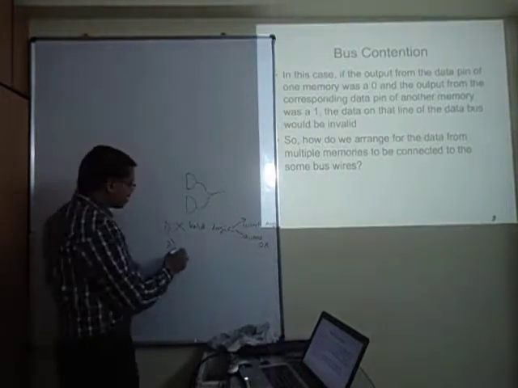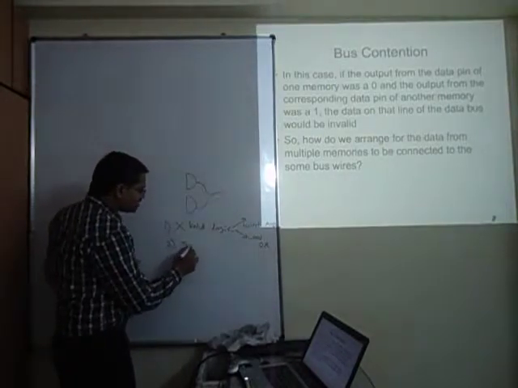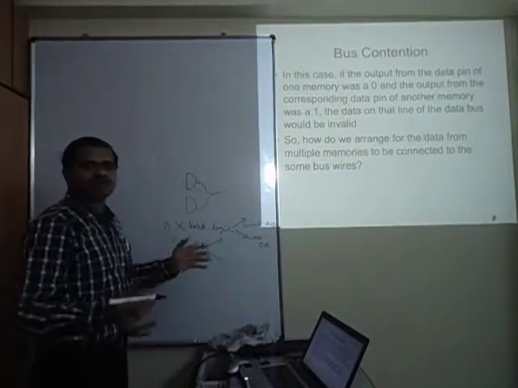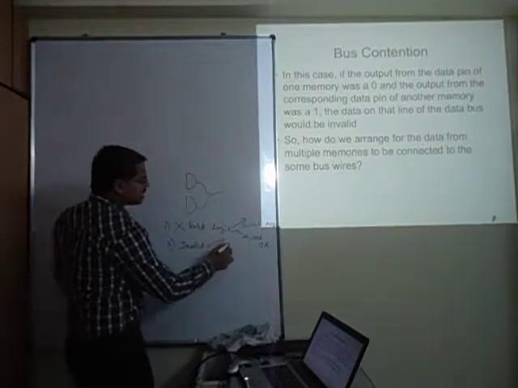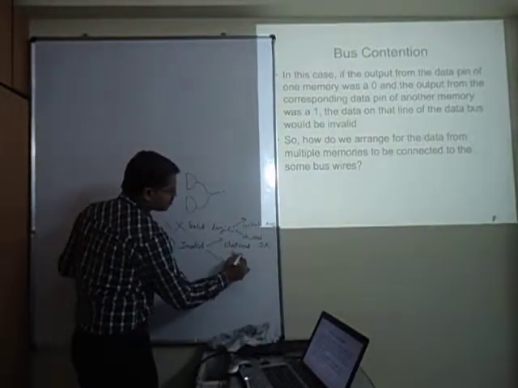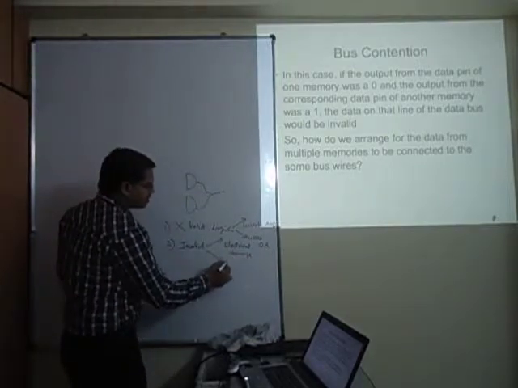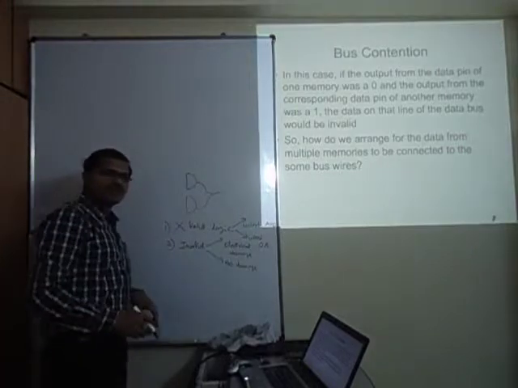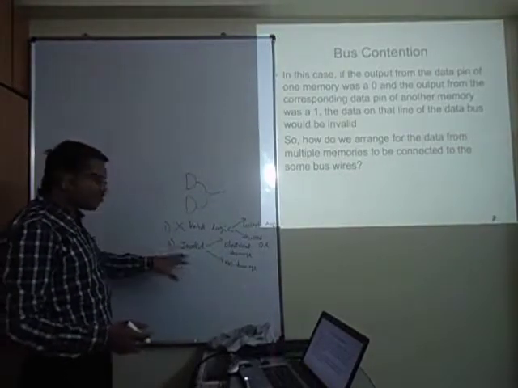Point two. The second possibility is basically an invalid thing. But this invalid thing can lead to two possibilities. One, there is an electrical damage. By connecting this, you can expect electrical damage to be there. Or there is still no damage, but the connection is meaningless. You got it? That's what we mean by invalid.